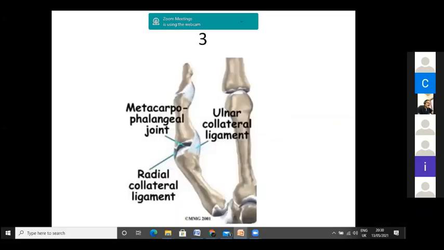So here you can see the thumb with the radial collateral ligament and ulnar collateral ligament. And this ulnar collateral ligament is a very common OSCE question. Okay. Anybody, names for ulnar collateral? Srijit, you want to answer? I didn't hear the question, sir. What is the common name? Means the colloquial name you give for ulnar collateral ligament injury. Gamekeeper's thumb. Gamekeeper's thumb. Very good. Anybody else? Skier's thumb. Very good.